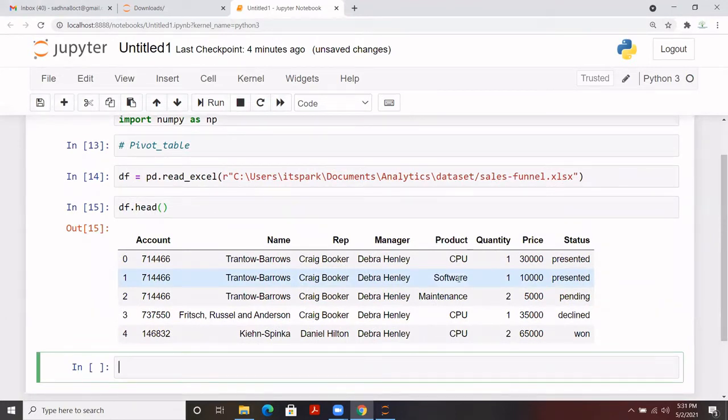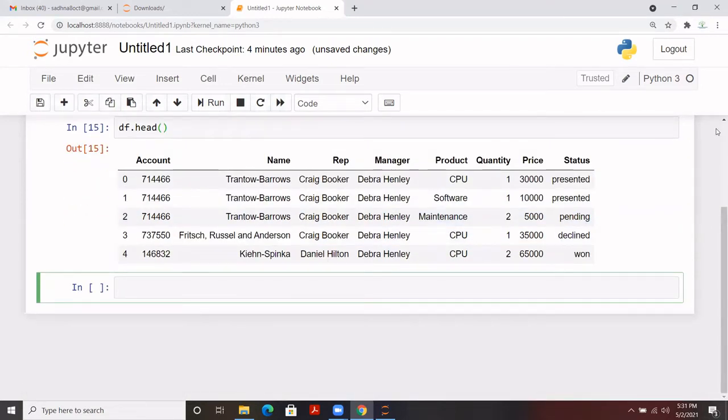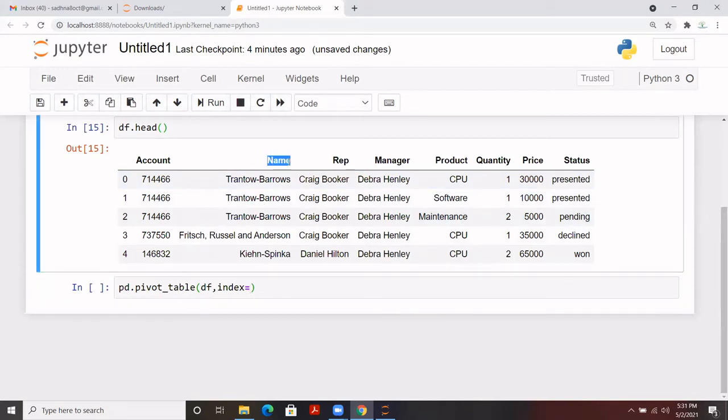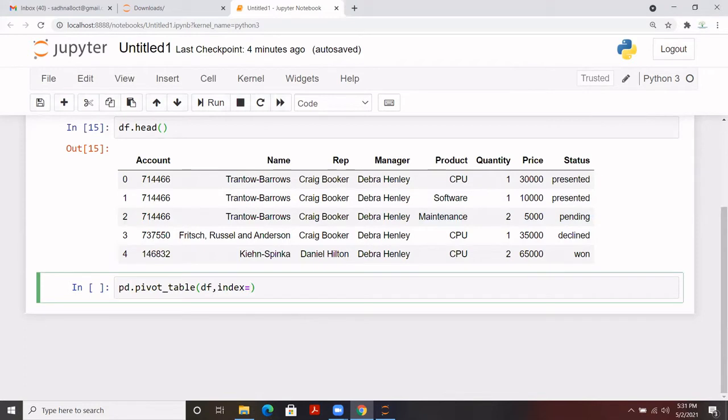Now, for convenience, we'll do some reshaping with this data. First we'll try to apply the simplest pivot table to that data, to see how this function works. The name of the function is pivot_table, and we are going to apply this on the df data frame, where I want to have my index as one of the columns. You can use any column. Let me give this particular column as an index. So I'll be passing it like this.